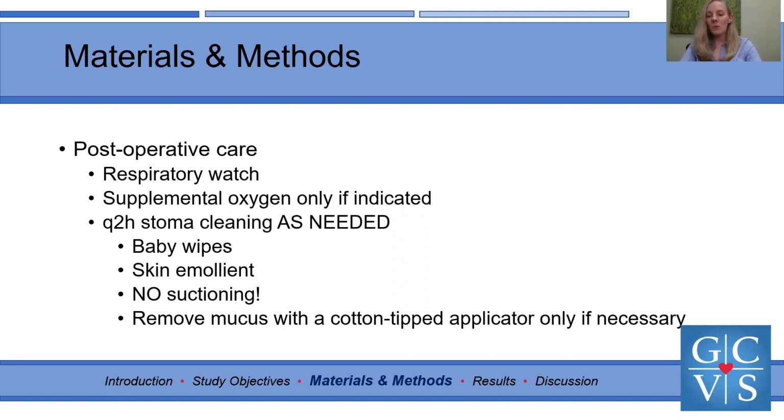Baby wipes can be used to clean the surrounding skin of excess mucus, and skin emollient like Aquaphor can be used to prevent skin irritation. Suctioning is typically not needed, as mucus obstruction is much less likely, but it is sometimes indicated in the case of productive disease. If necessary, a cotton-tipped applicator moistened with sterile saline can be used to clear any mucus away